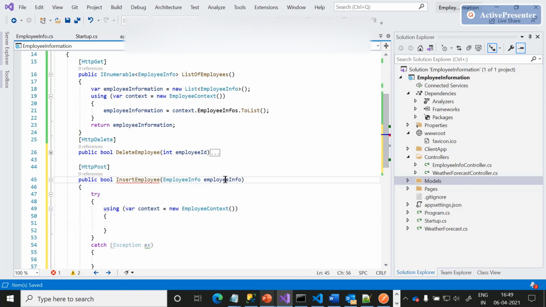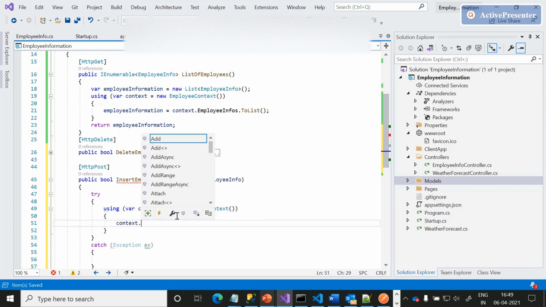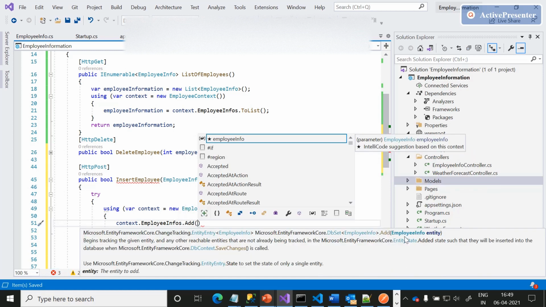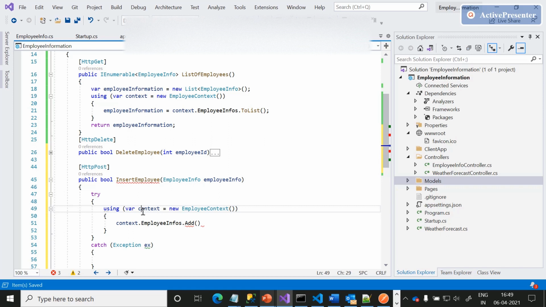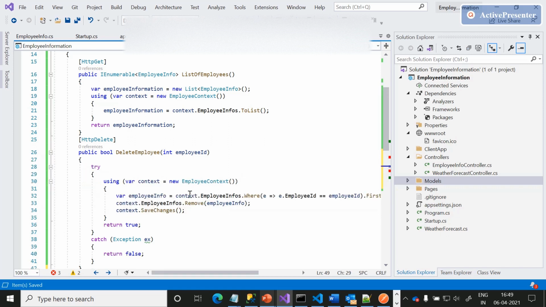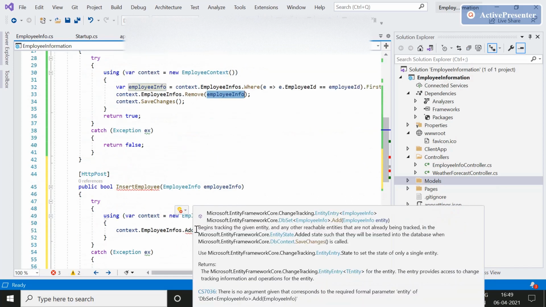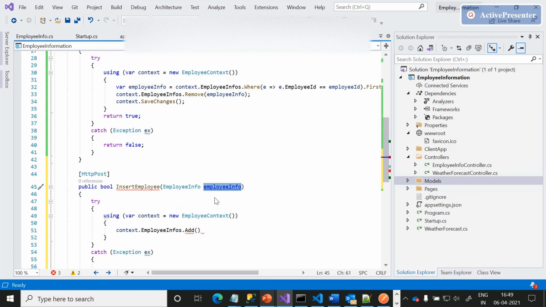Next, we need to insert this employee information object into our employee information table. For that, the context has the employee information table, and we have an extension method called Add, which will expect the employee info entity. If you expand DeleteEmployee, Remove is expecting an employee info entity in the same way, and Add will also expect the employee information entity which we are passing through our HTTP body.